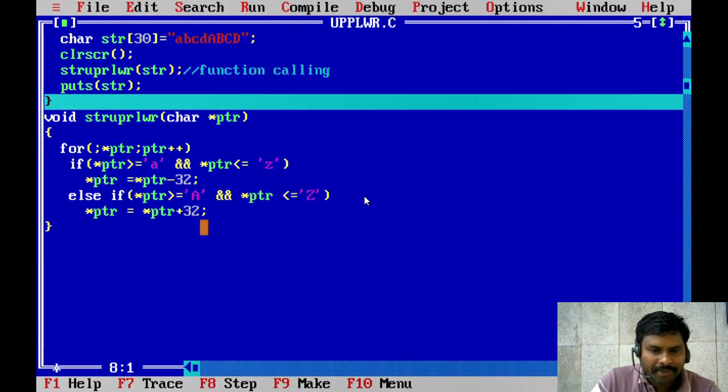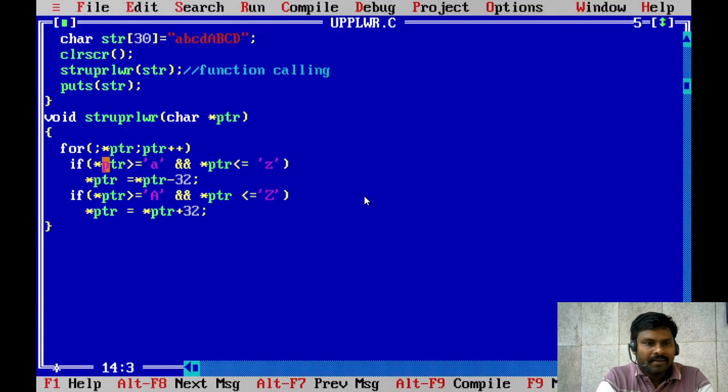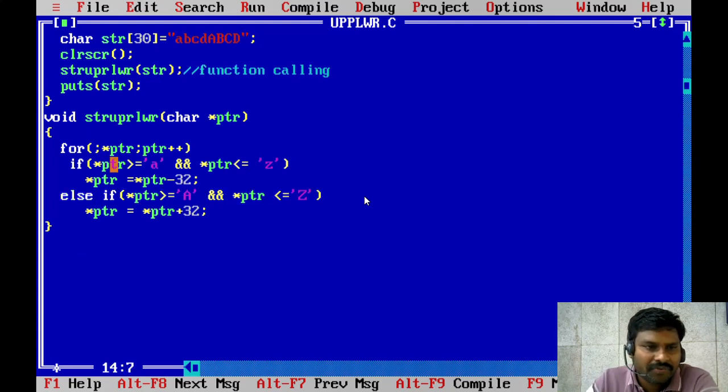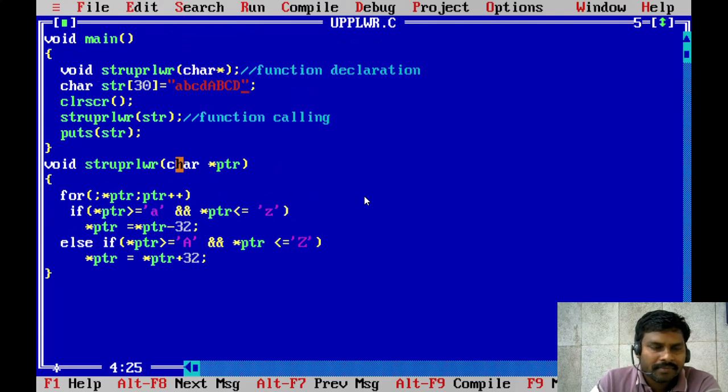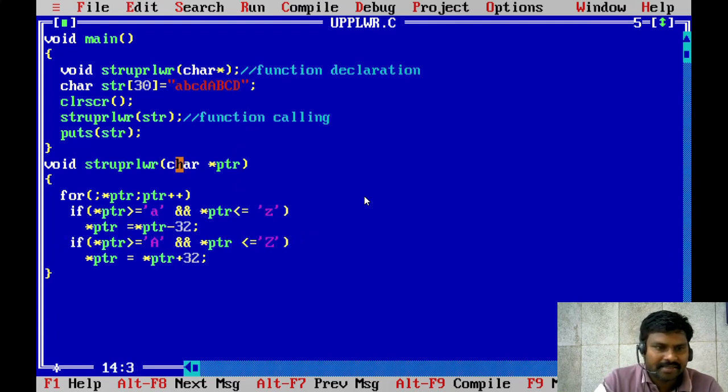So sometimes some members forget to write the else, then this one is wrong. You have to run this code, Alt F5, yes, Control F5, Alt F5. So capital ABCD, capital ABCD. This is wrong. So it should be else if. You have to check the condition once. So in this case, if you forget to write else case, first small abcd, small a,